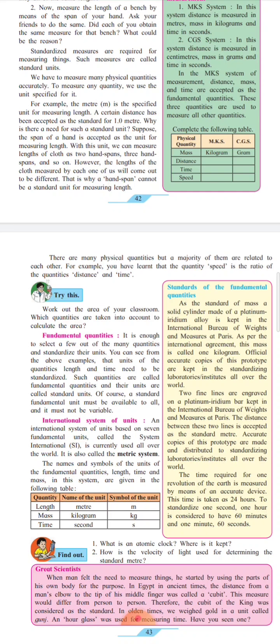These metals are hardest metals and precious metals. Their combination is 90 to 10, means 70% platinum is there, 20% iridium is there. These alloys are used for making international measures. The mass of the cylinder is 1 kilogram as per international agreement. At the same place, a platinum iridium bar is also kept. On this bar, two fine lines are engraved. Engraved means marked or drawn. The distance between these two fine lines is accepted as the standard meter. Accurate standard meter.